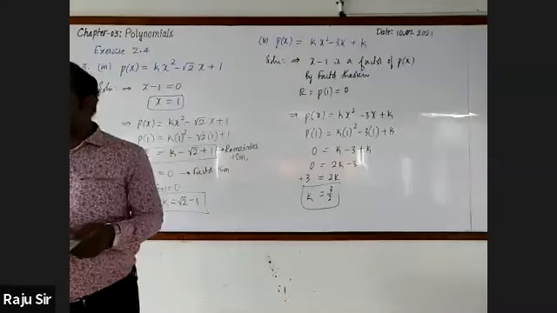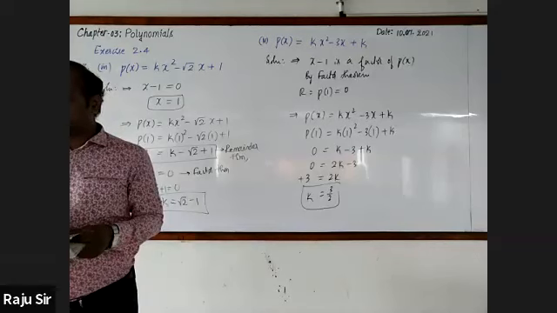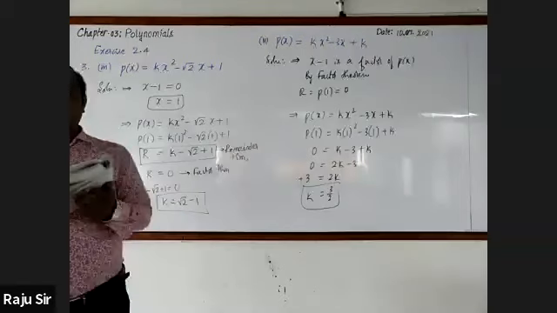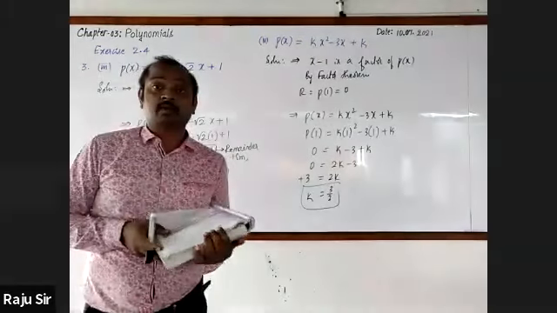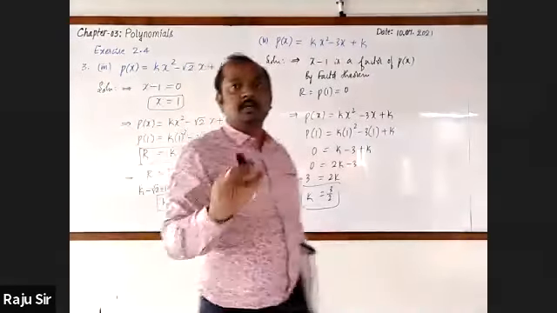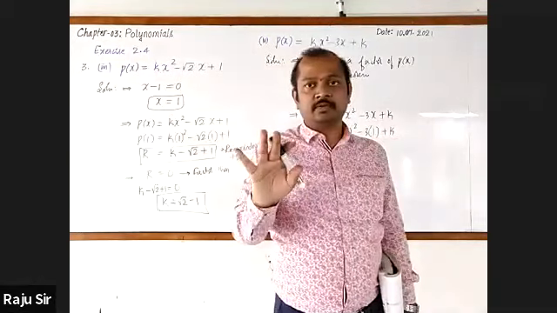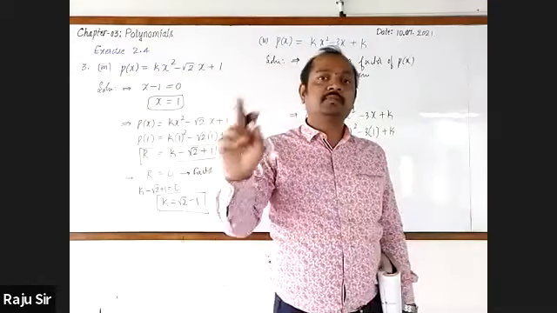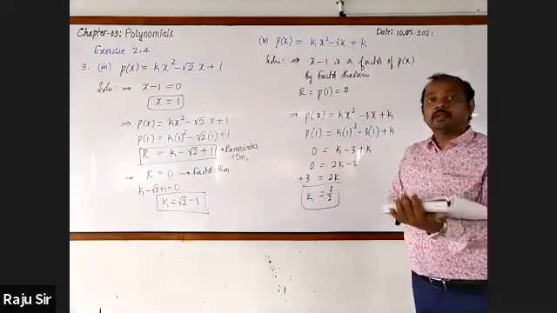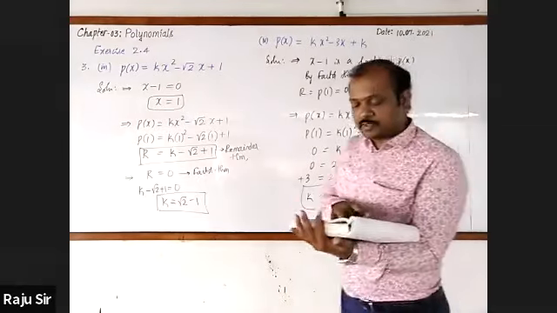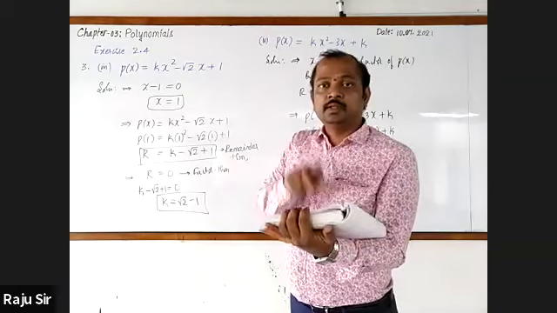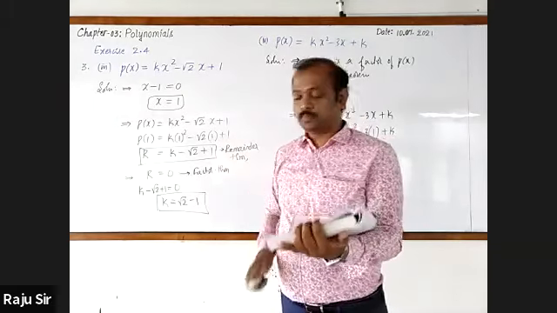Now I'm going to take just one problem from yesterday. Yesterday, one student asked a question: what if k square comes in? In all the problems we have solved so far, it was a linear polynomial, or else the degree of k was 1 only. Now I'm going to take one statement related to finding the value of k if the degree of k is 2.